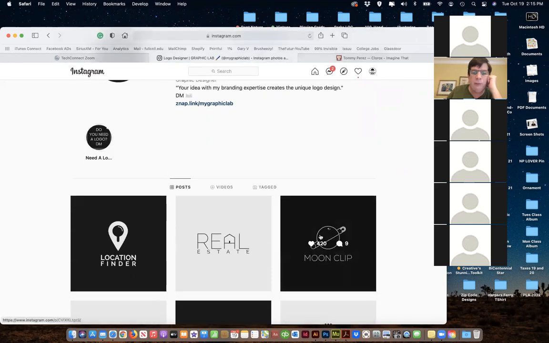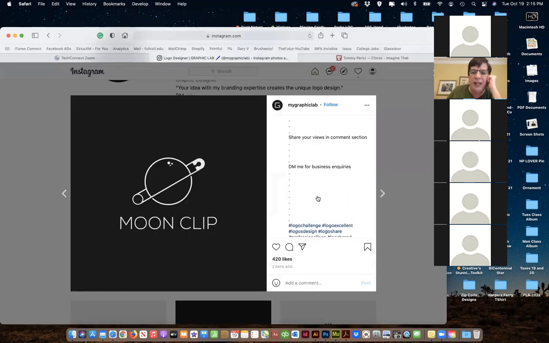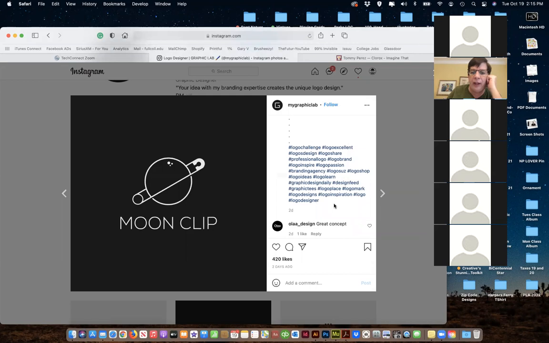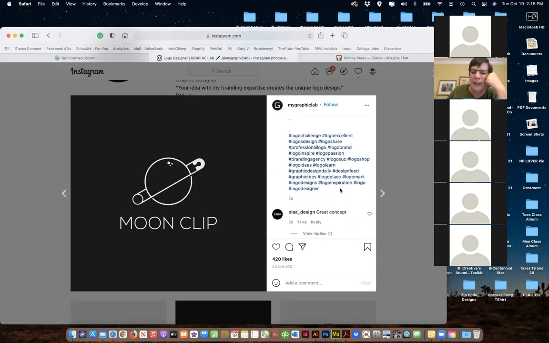And if they were to put a hashtag in here and it was like sunset, that wouldn't make sense. Now they're doing logos, logo passion, logo brand. So they've looked at all the logo ones, logo designer. I would even do hashtag moon, hashtag, well, maybe space, hashtag design, hashtag graphic design.